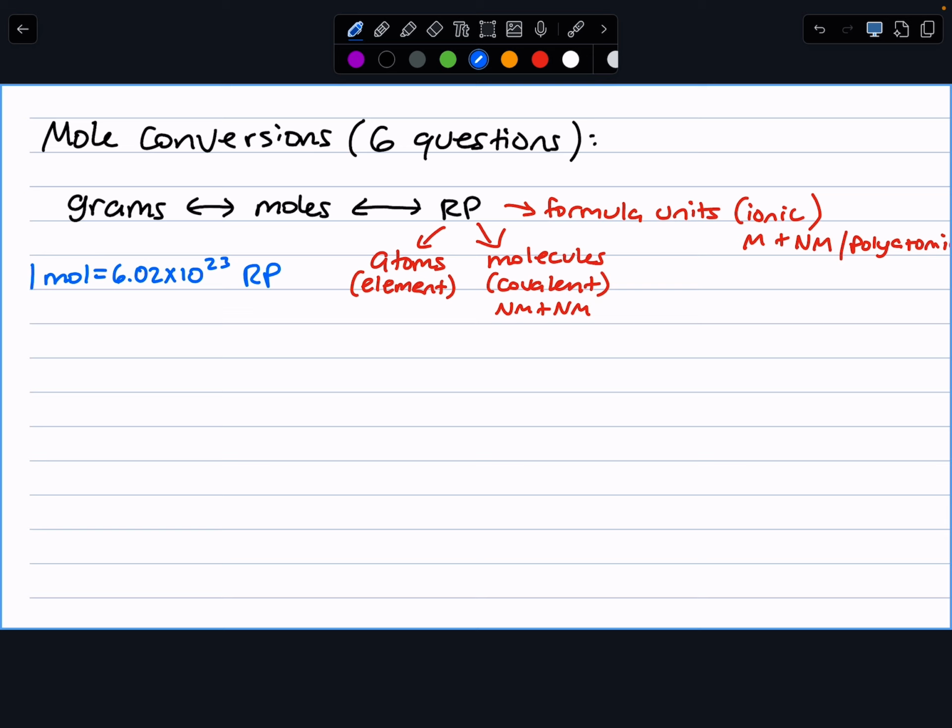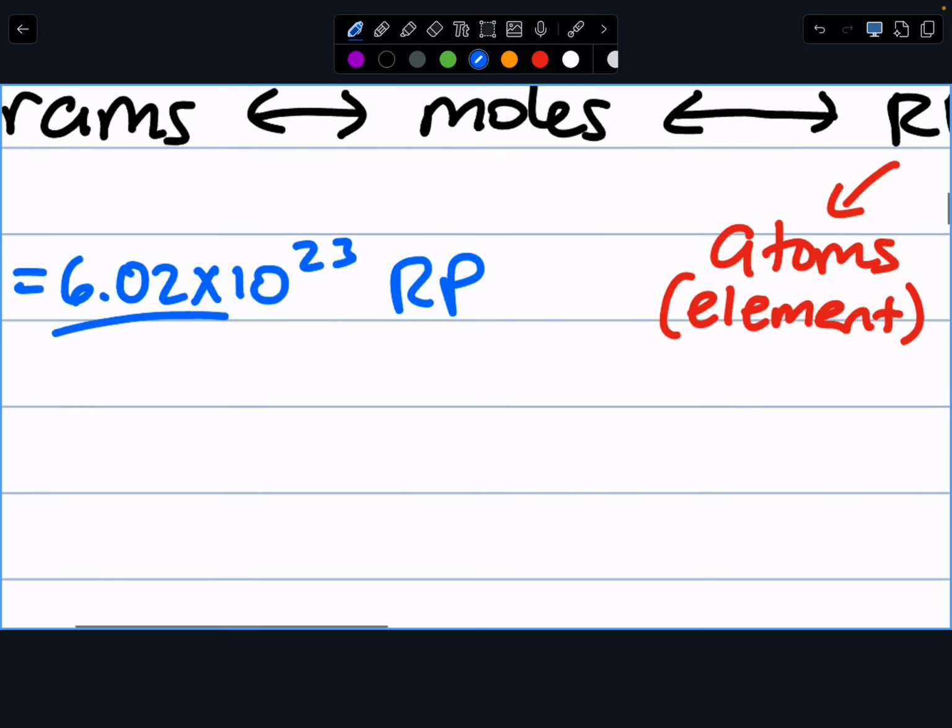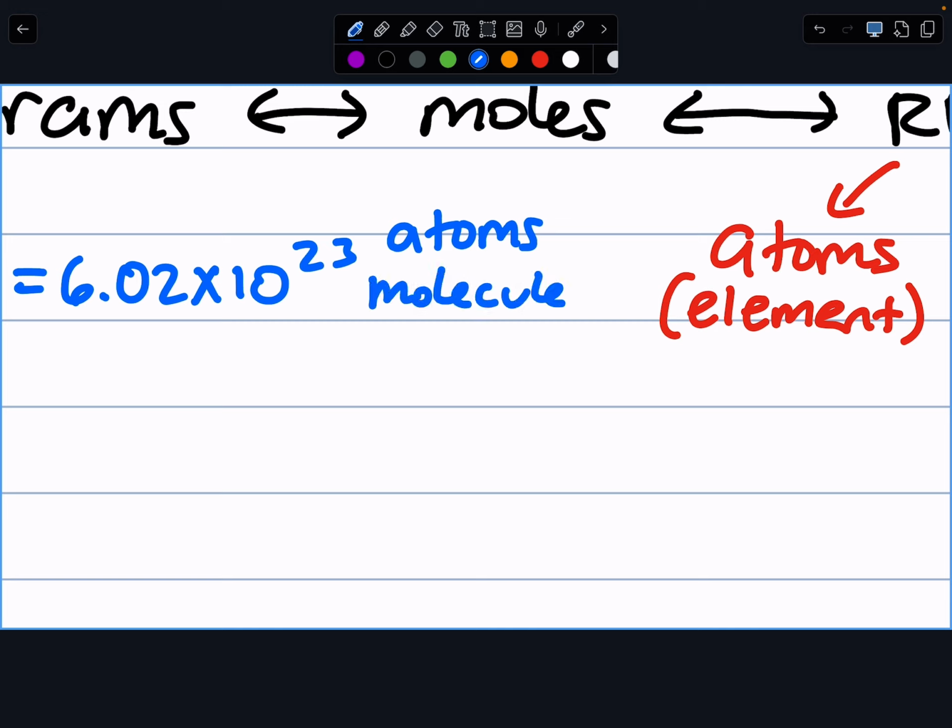Thank you. Okay, it can't be moles because I have 1 mole is equal to this many moles. Does that make any sense? No. Grams is different. That's molar mass. Representative particles is the unit for this, Avogadro's number. So if you get confused when I put RP, just think of this. It can be 6.02 times 10 to the 23rd atoms, or it can be 6.02 times 10 to the 23rd molecules, or it can be 6.02 times 10 to the 23rd